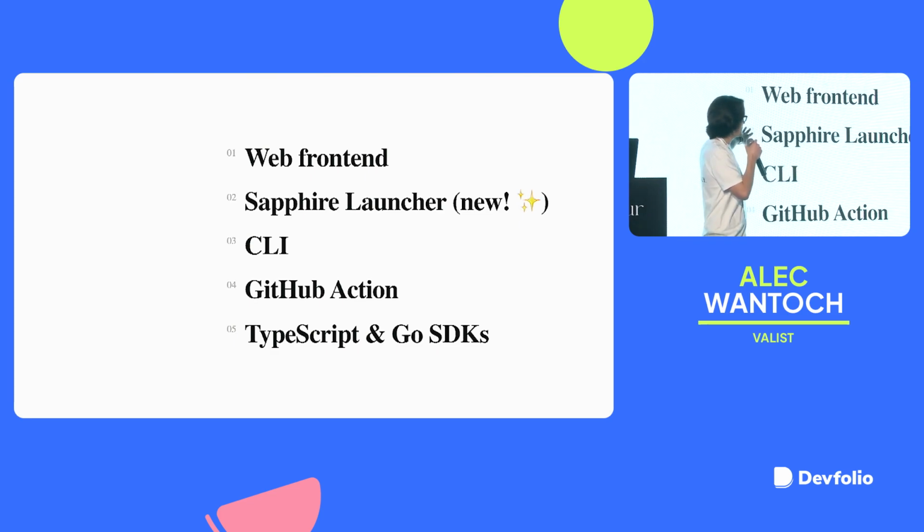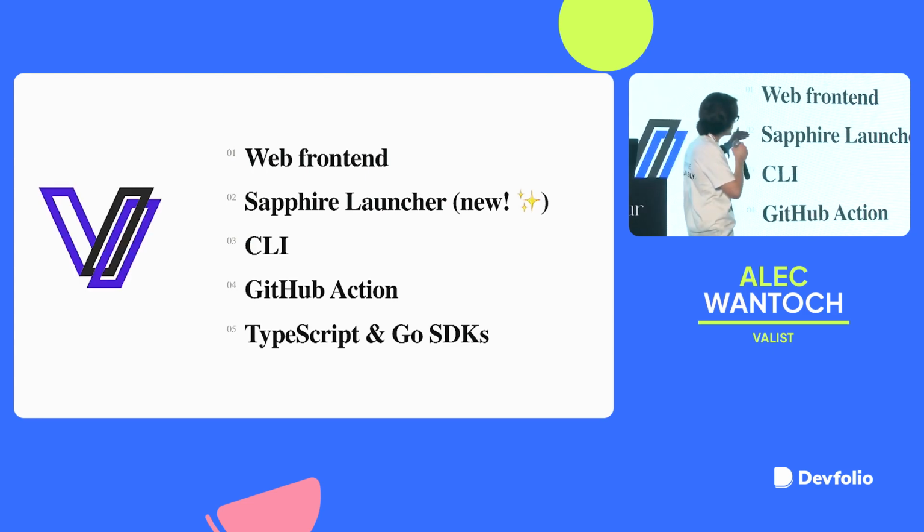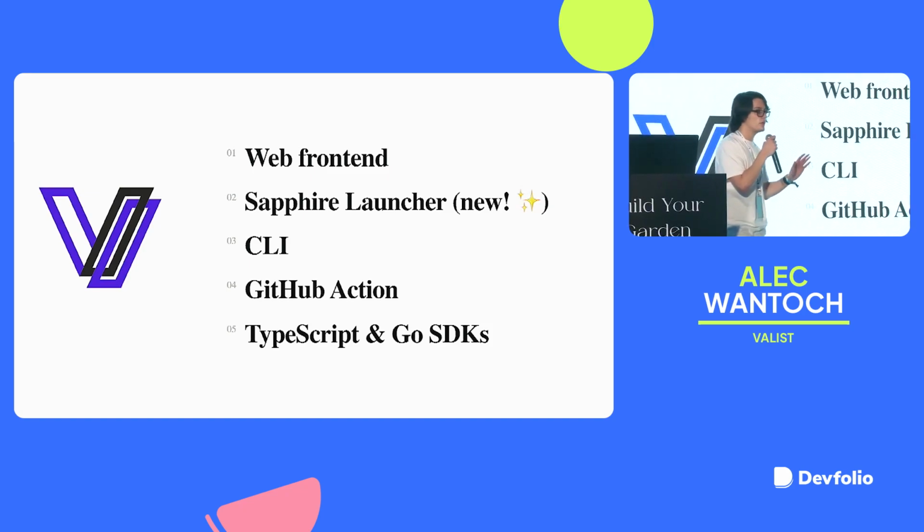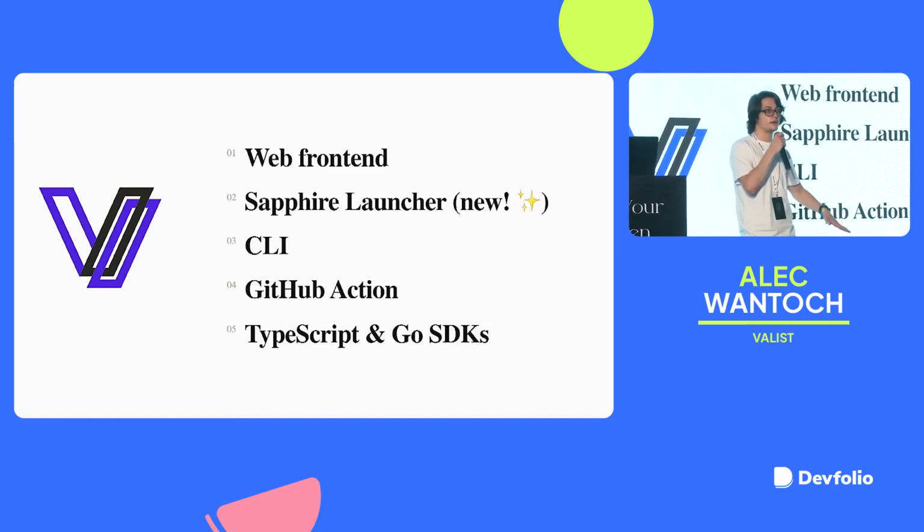And then I'll show you this in a second, but the Sapphire launcher is our native desktop and mobile client. So you could think of that as an alternative app store or a Steam, but for Web3. And that has its own built-in IPFS node and its own built-in wallet that passes everything through super transparently, so that from your end user's perspective, let's say you're building a game. Right now, most of the time, if they were to go and pick up an item, if you were minting an NFT there, it would actually stop your gameplay and you'd have to jump out and sign a message. Whereas with this, it can do it super transparently when you need it.